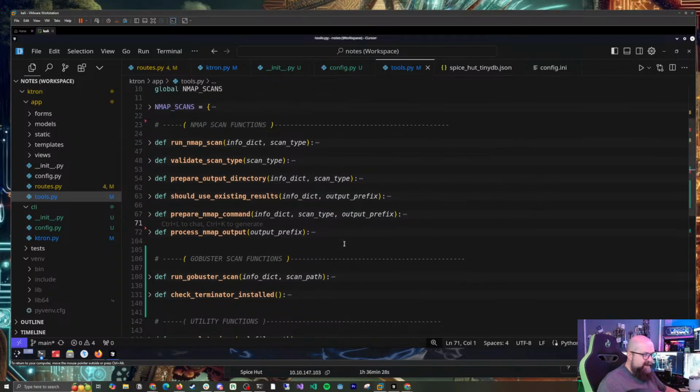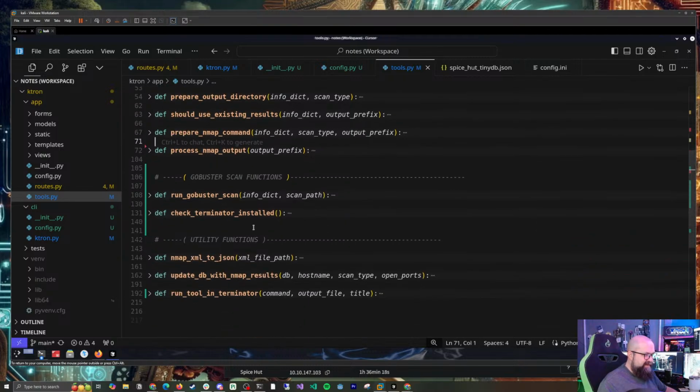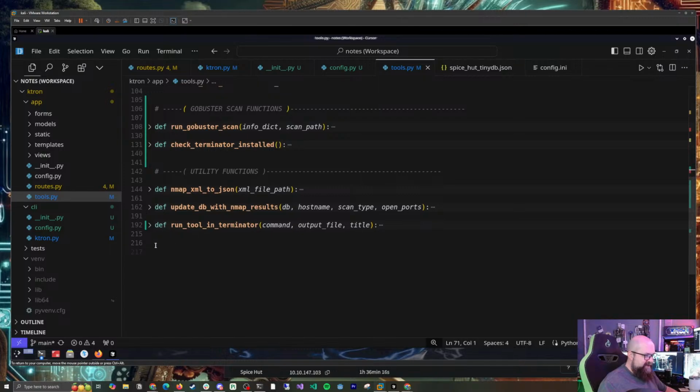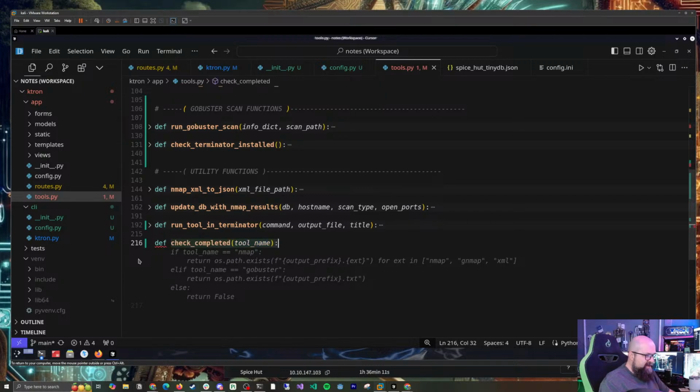If the code is working, just close it. If it's working, I don't need to look at it anymore because it just distracts me. So then I've got nmap scan functions, and there they all are. GoBuster scan functions, and there they are. And utility functions. And that's where we want to start, because we want to define the check completed tool